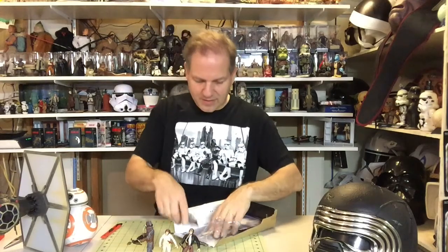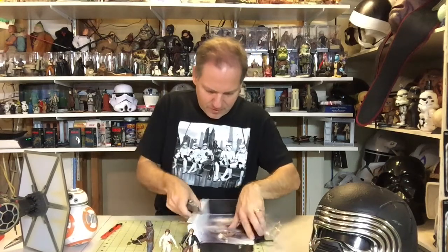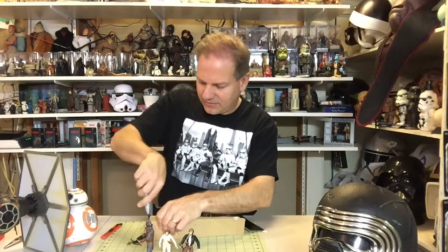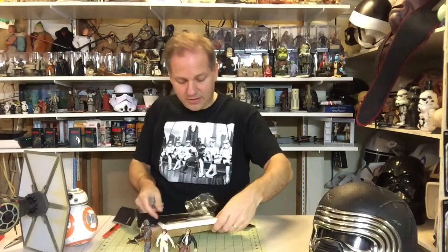I have a little base here. Kids, don't try this at home unless you have the proper equipment for it. They do give you some instructions on how to do this, so you can keep the base if you'd like. I think that's a great idea. It gives you that option. And this doesn't take up nearly as much room